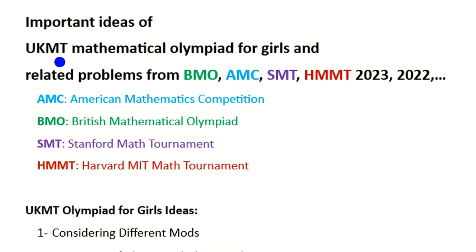In this part, we want to work on important ideas of UKMT Mathematical Olympiad for girls and related problems from BMO, AMC, SMT, HMMT 2023, 2022, and so on. AMC is American Mathematics Competition. We can say round one of USA BMO, British Mathematical Olympiad. The two most prestigious national Olympiad exams are for America and UK, and SMT is Stanford Math Tournament, and HMMT is Harvard MIT Math